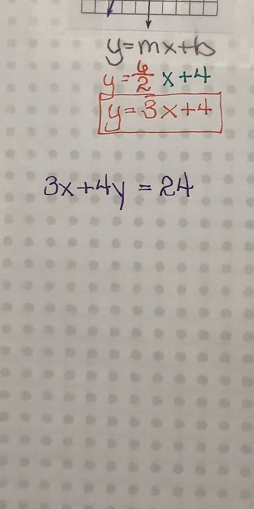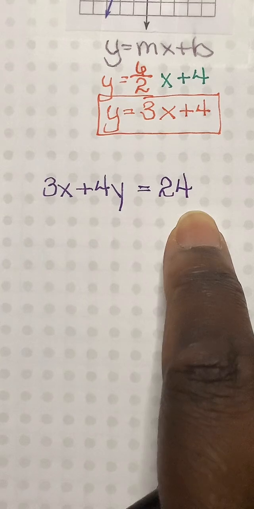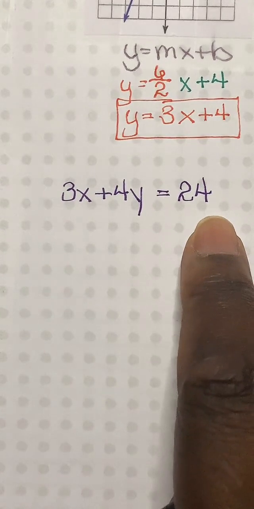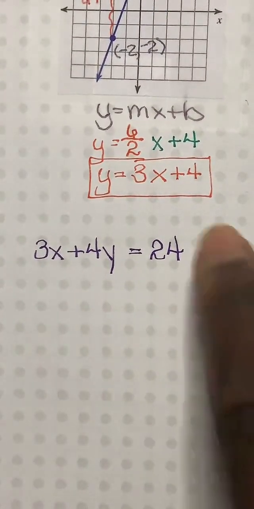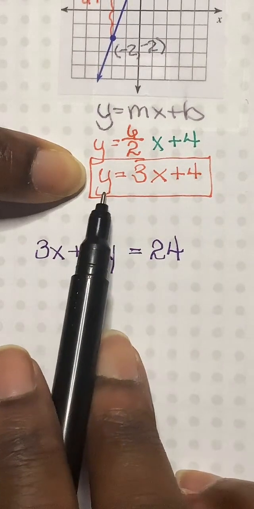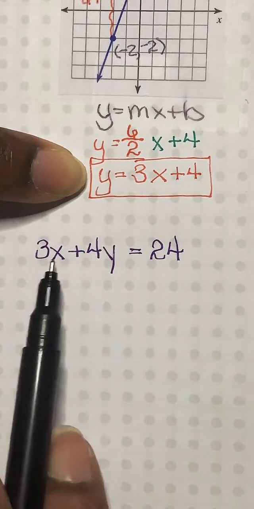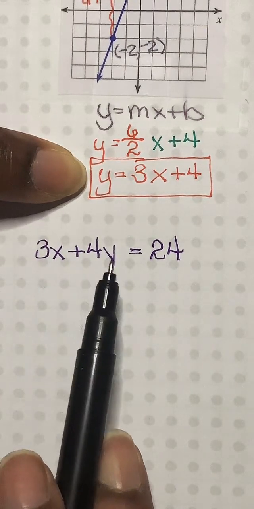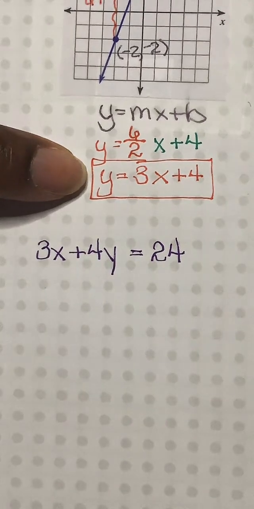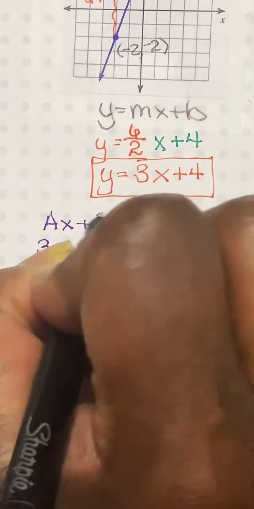And you're like, boo. Because now it's not in that slope-intercept form. Because slope-intercept form, well, I can use this one up here. Slope-intercept form, your equation is equal to y. This time, we have both variables on one side of the equal sign. This is what's called standard form. Okay? Standard form is you have your ax plus your by